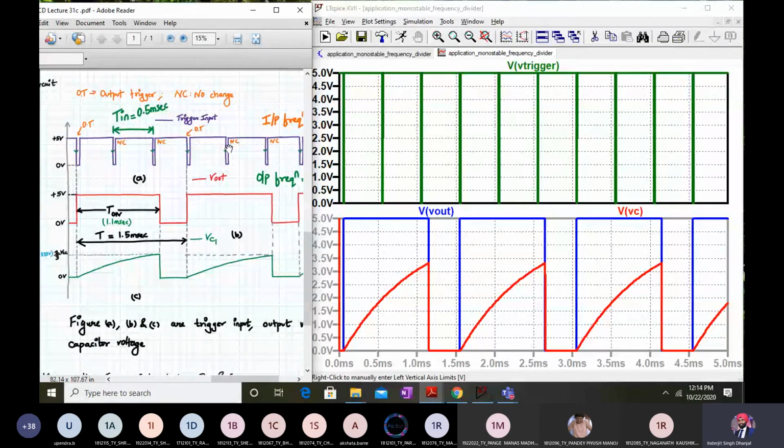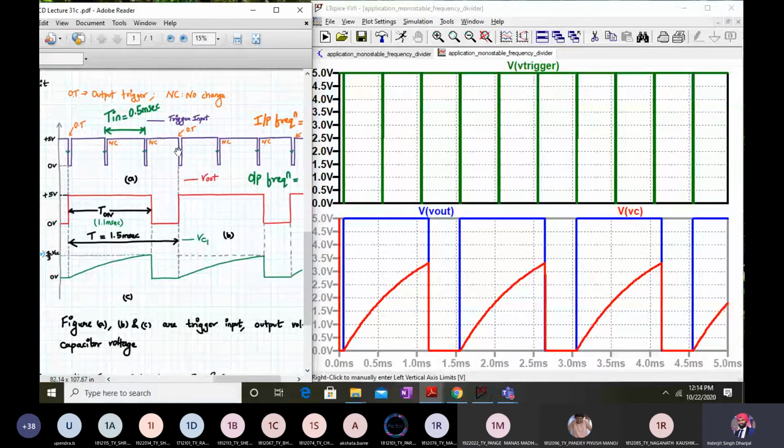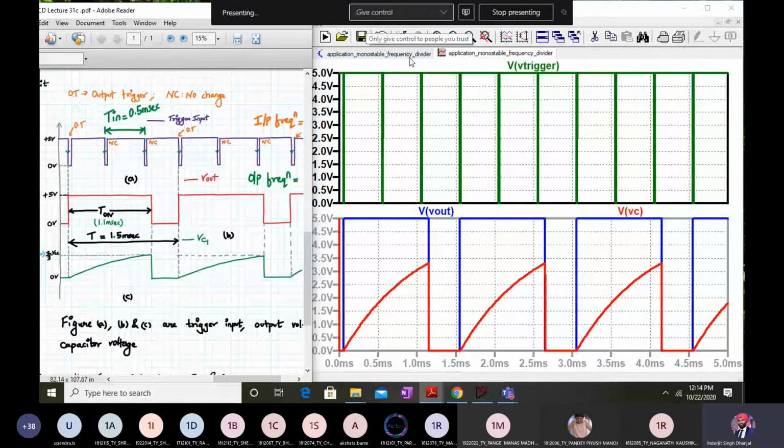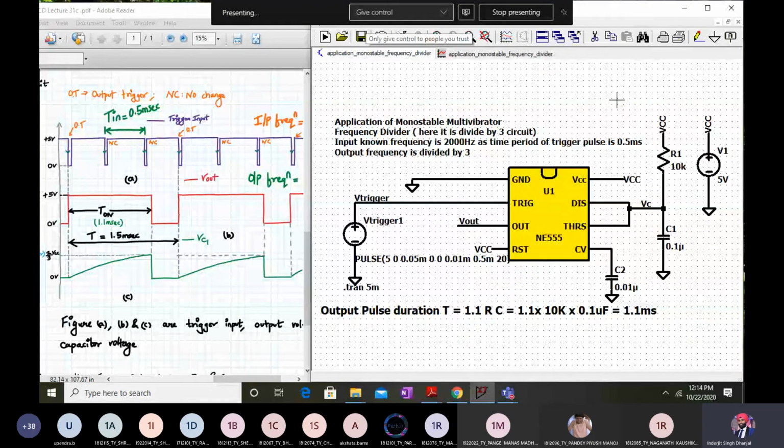Any doubts, anyone? Whatever I've explained on the left hand side, exactly the same thing is happening in the waveforms on the right hand side, in LTSpice. That's the beauty of LTSpice. We can simulate any circuit and every circuit, using op amps, using 555 timers, and the results are in front of you. This is the 31st lecture. Every circuit, every concept was being taught to you and demonstrated with LTSpice, so you can appreciate and verify everything. Any doubts, anyone? Can I move on to the next topic?